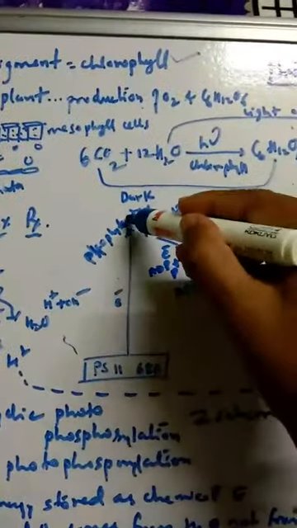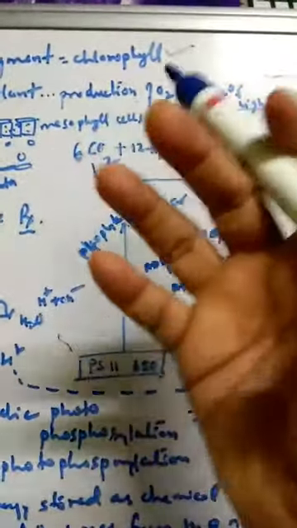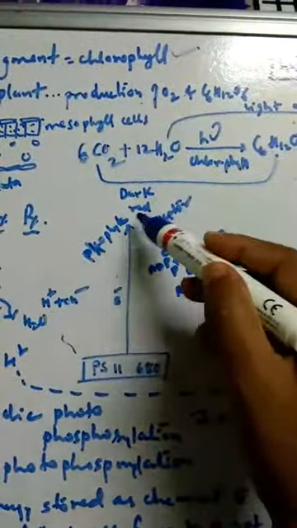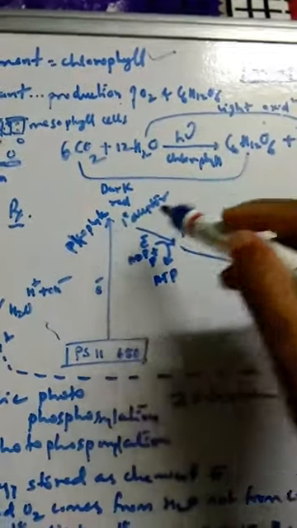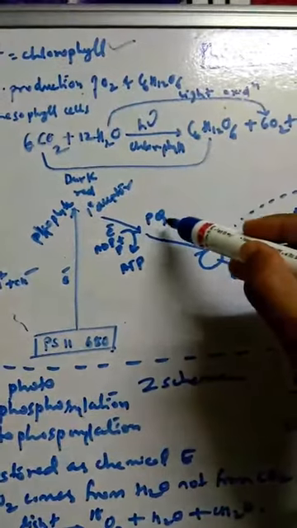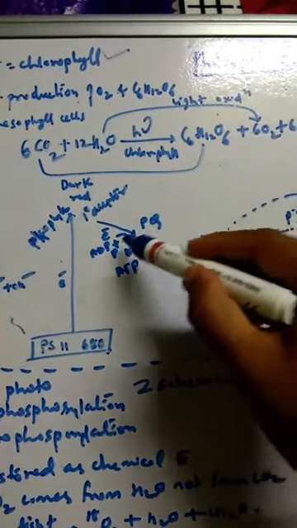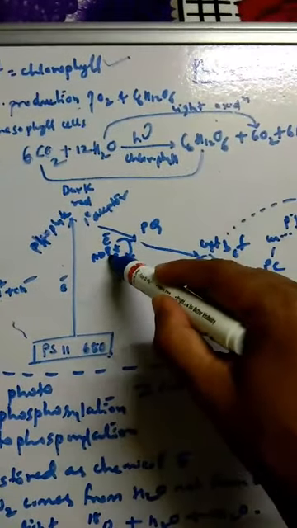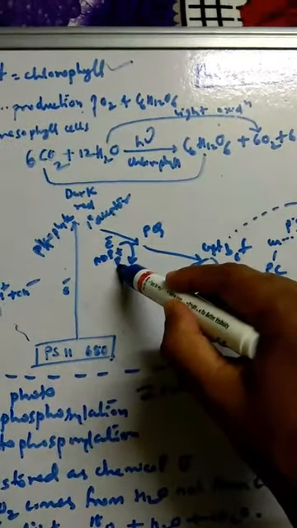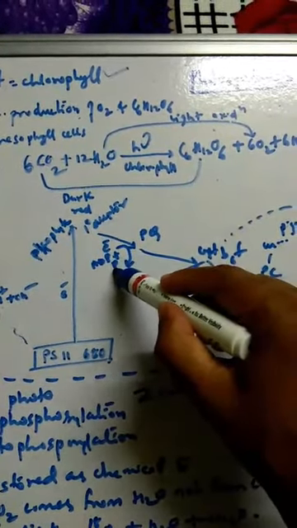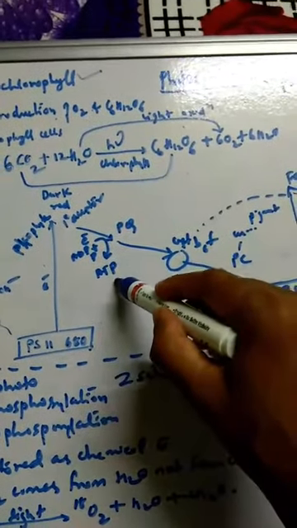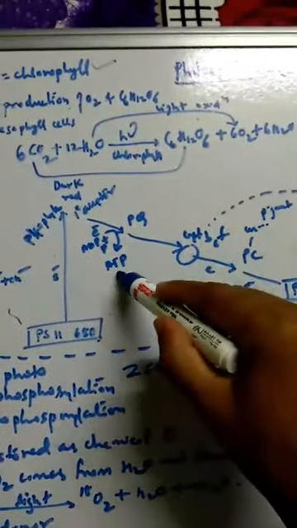Now this electron is excited here. There is a primary acceptor of the electron here, that is pheophytin. From pheophytin, the electron goes to PQ, plastoquinone. Here you can see the ADP molecule, adenosine diphosphate, in the presence of inorganic phosphate P is converted to ATP, the energy packet, adenosine triphosphate.